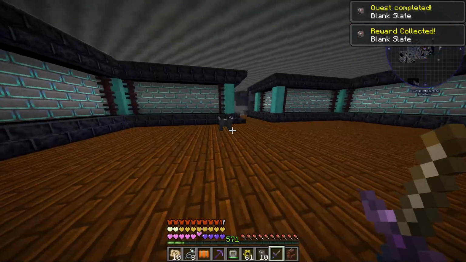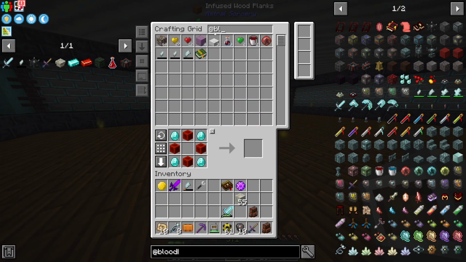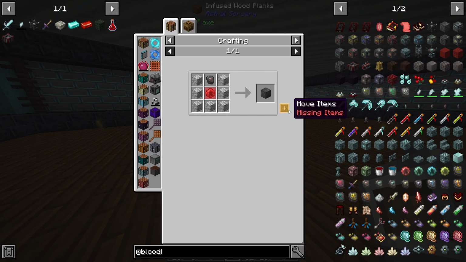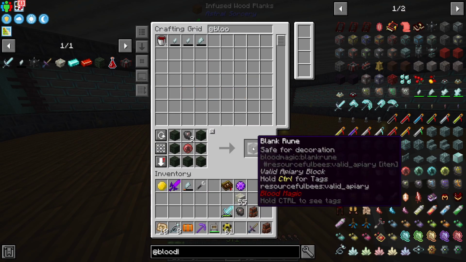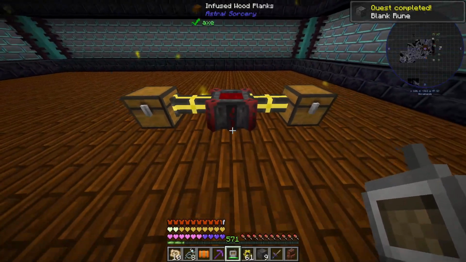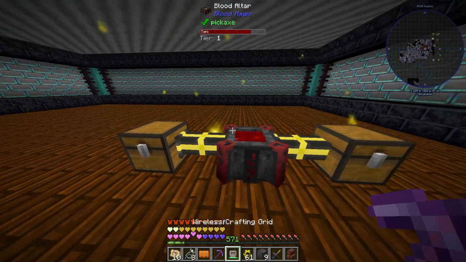And all we need for that... I don't know. I guess I put our blood orb in here. I did. So we need 9 of these guys here. There we go. Blank rune. That actually shows that it is a tier 1. And I need a...